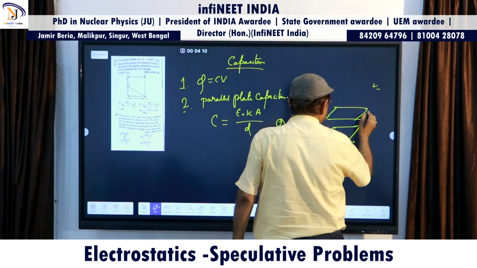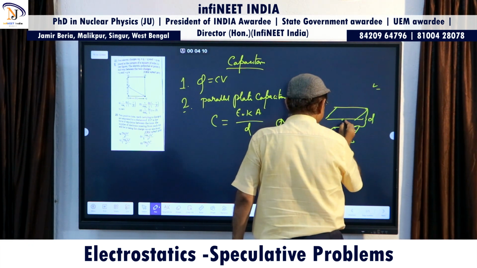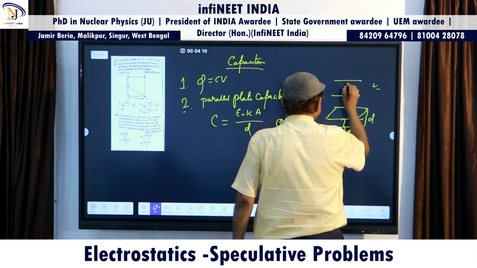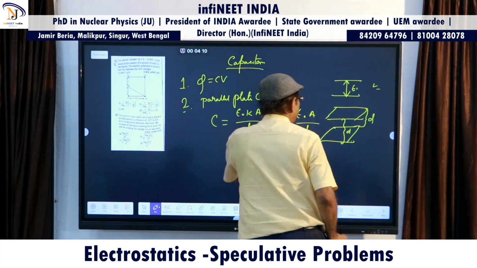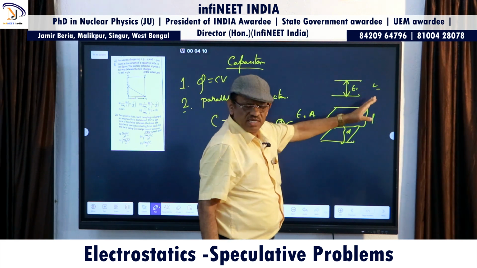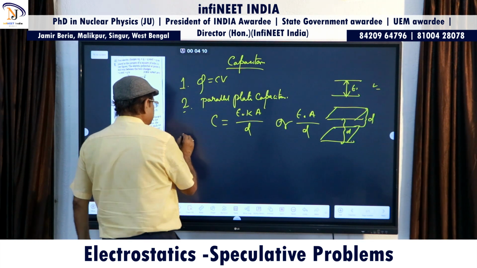Okay, and this is d, and this is d. So you can write like this: this is d, and in between them, if it is filled with space or air, then it will be like this. So this is a formula for a parallel plate capacitor,